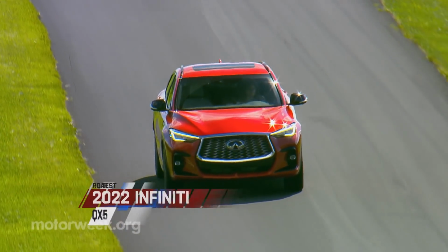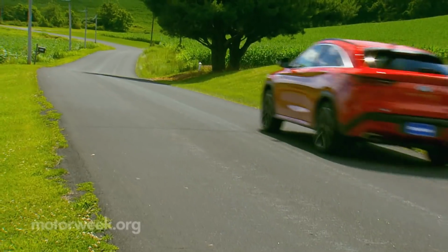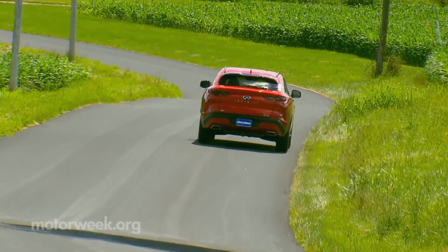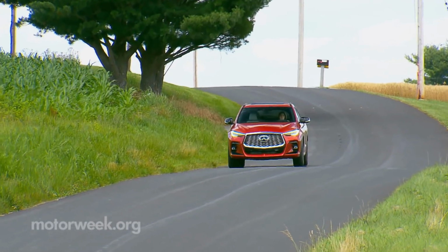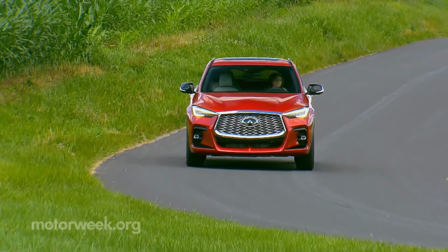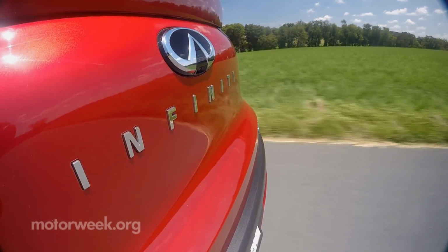While many people still have a hard time wrapping their heads around coupe-style SUVs, the bottom line is, if you're trading in your luxury sedan for an SUV, you might as well get the best looking one you can. And there'll still be much more cargo space inside than what you're used to. So for Infiniti buyers, that means taking a look at the 2022 QX55, a slant-back version of their QX50 compact